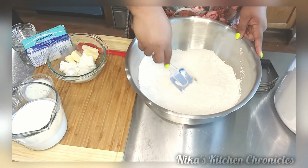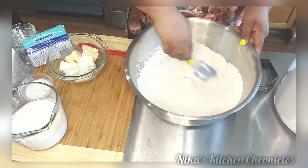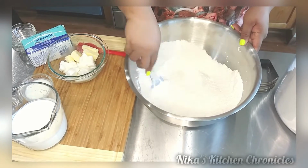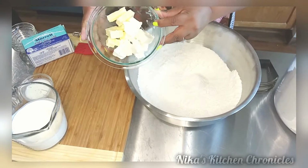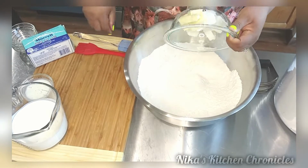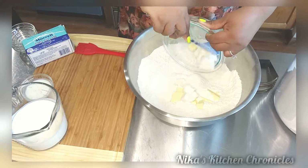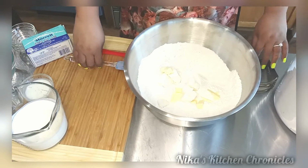So I am just going to mix in all of the dry ingredients here. Make sure it's incorporated very well. Also, don't forget to preheat your oven to 425. So now I am adding in my shortening, well actually the lard and the butter, and you have to move fast with this recipe because you want your